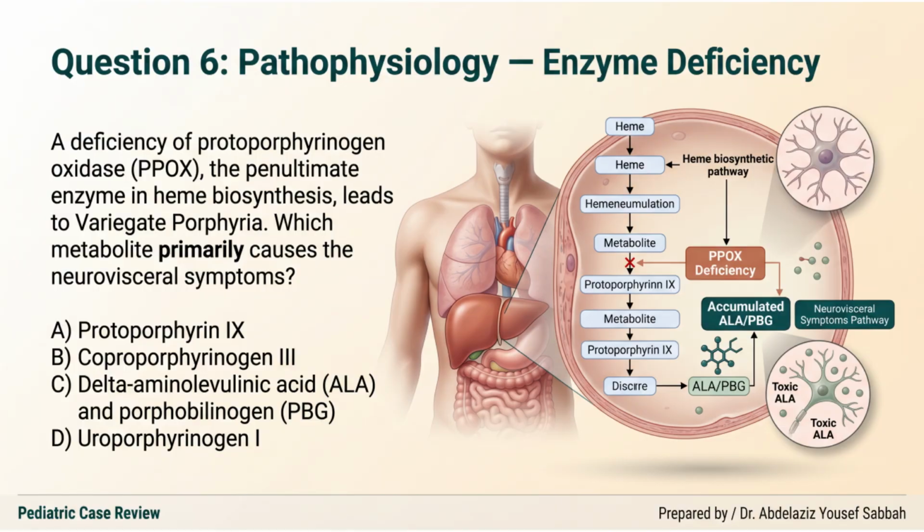Question 6. A deficiency of protoporphyrinogen oxidase, the penultimate enzyme in heme biosynthesis, leads to variegate porphyria. Which metabolite primarily causes the neurovisceral symptoms? Option A, protoporphyrin 9. Option B, coproporphyrinogen 3. Option C,